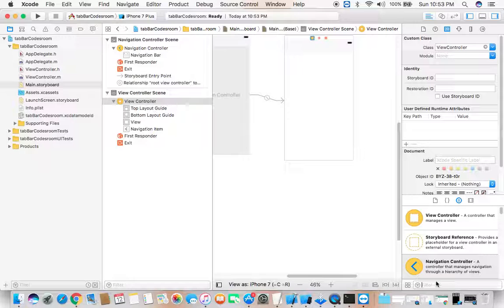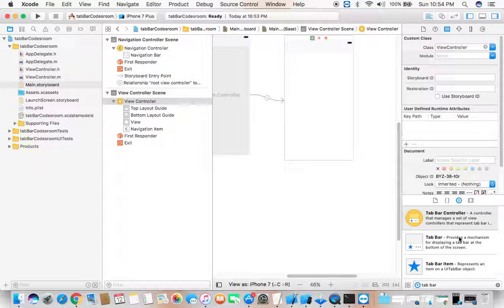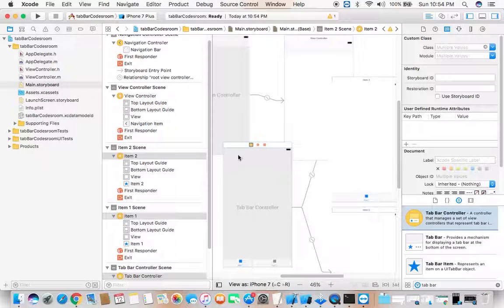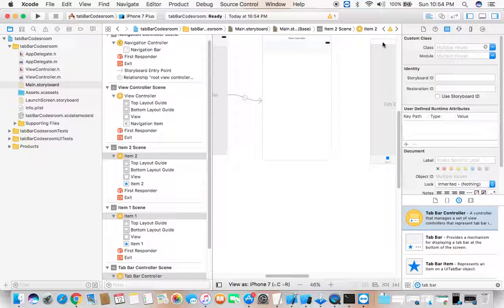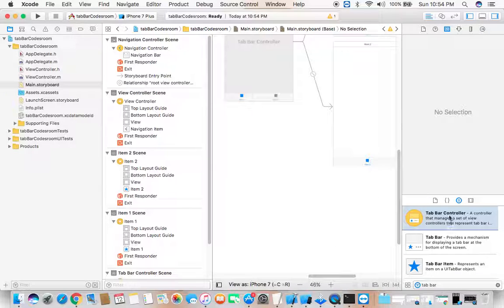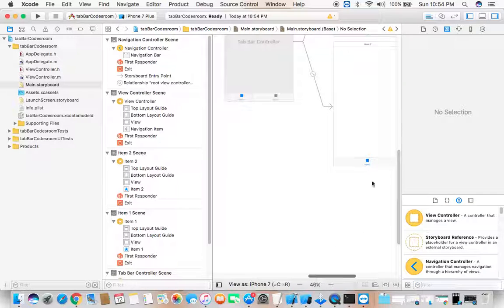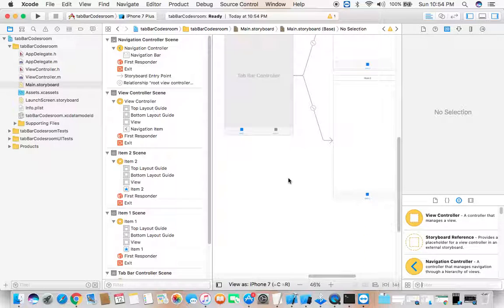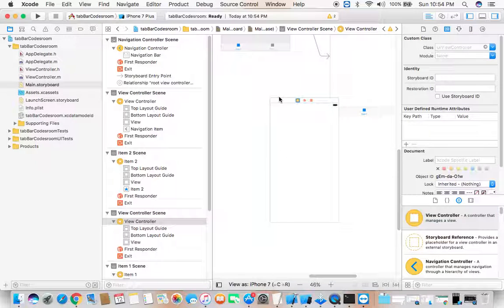It's time to drag and drop the tab bar. Now you have the tab bar, and right now your tab bar is directing to two classes. Right now it will have two tabs, but if our requirement is three tabs or four tabs, then we will drag and drop one more view controller. If our requirement is three tabs at the bottom,